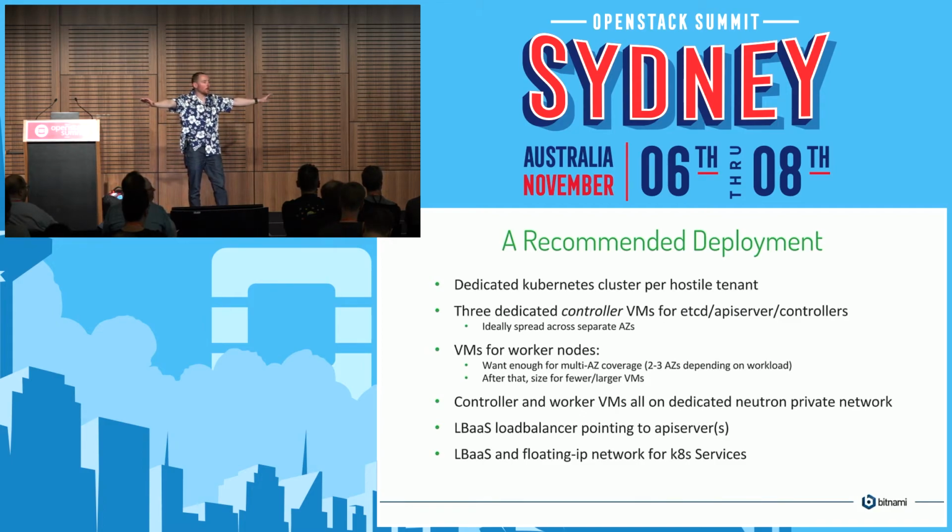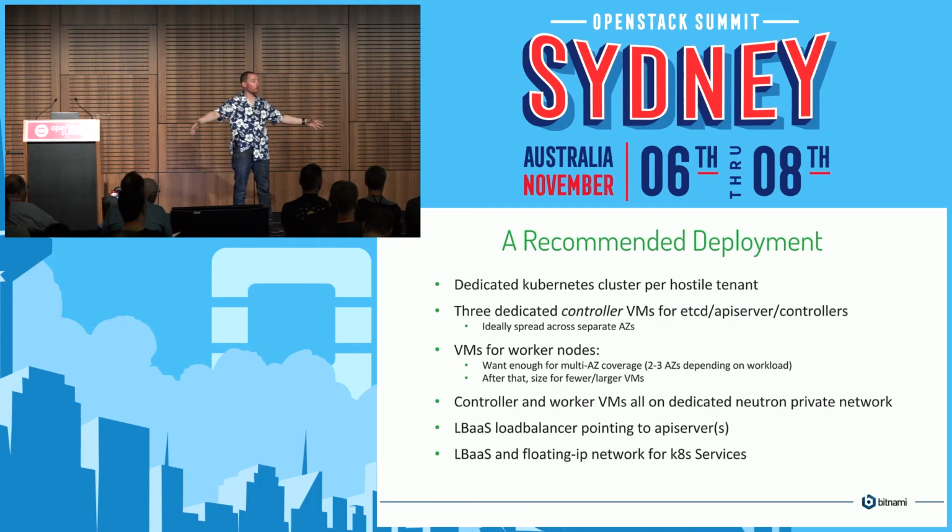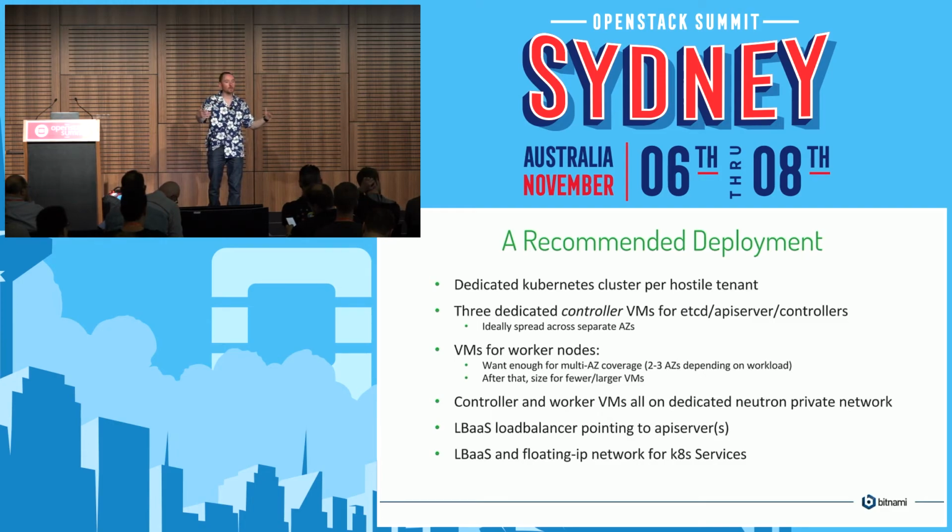Then you need a bunch of VMs for your worker nodes. You want to put them all in the one Neutron private network, and then use that private network as your isolation, right? Don't mix that with other things. Keep it reasonably isolated just for this purpose. And then whether you want to spread those across 2 or 3 availability zones depends on your workload. If you just want to be able to survive a single zone failing, then you only need 2. But if you want to give your users the ability to run something like etcd, where they in turn need a quorum requirement, then you'll have to give them 3 zones.